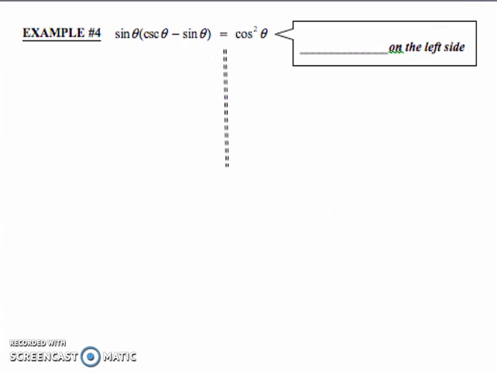Example number 4. We are definitely going to want to work the left side on this one. Okay, this looks a lot more complicated on the left than it does on the right. And the first thing that I'm going to do is distribute on the left side, and I'm going to see where that gets me. So when I distribute that sine theta to both terms, my first term is going to become sine theta times cosecant theta, minus, and then sine theta times sine theta